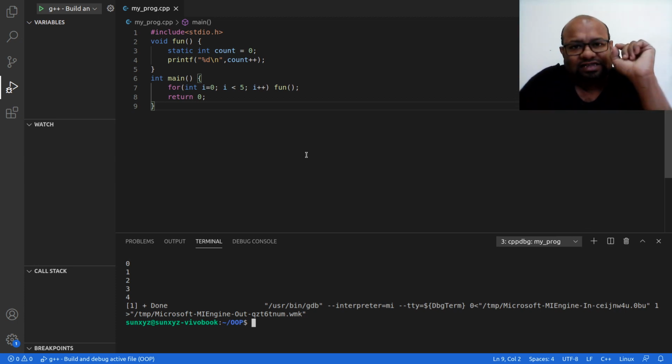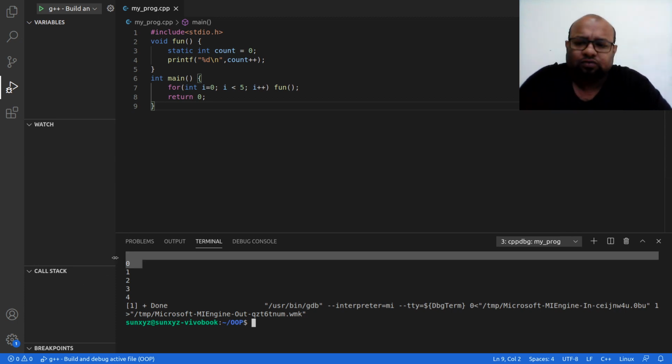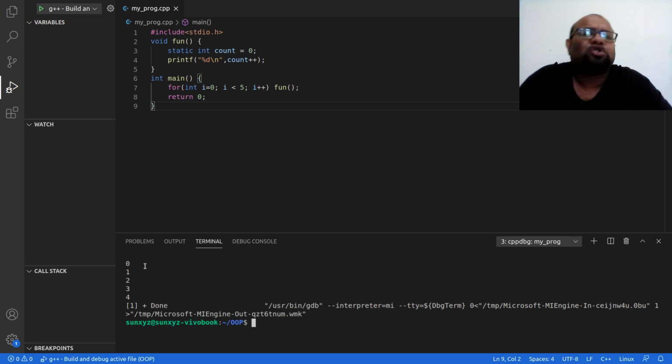Then in the next line, what am I doing? I am printing this value, right? So I am printing the value of count. Count has the value 0. So I am printing 0 to my standard output. And I can see that 0 is in fact being printed to my standard output. Then I increment the value of count. Now that location in memory has the value 1.